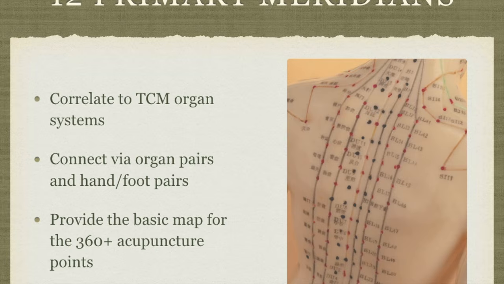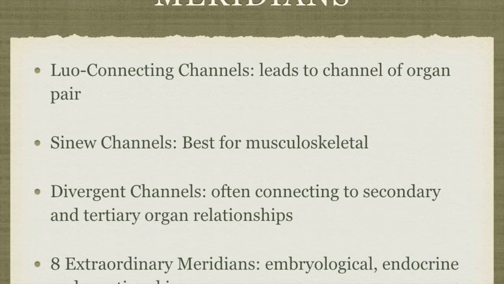So, you have 12 channels on your body, as I said, and as you can see in the picture. We've got these lines that are running down our body, and those are the surface representations of what the channels are, but that's just the beginning, right? Each of the 12 meridians not only has those channels where you're looking at the points that connect to the different pieces of the body, right?